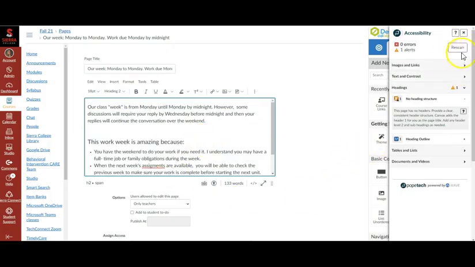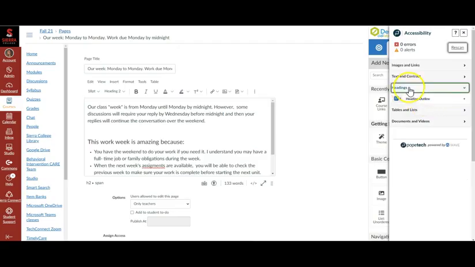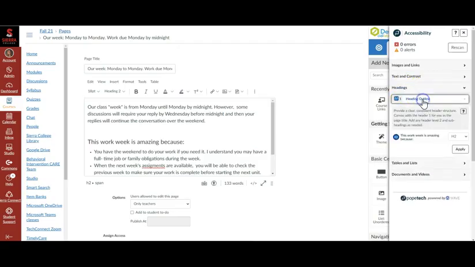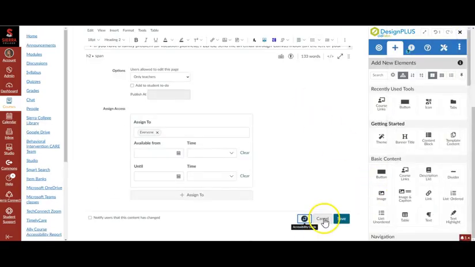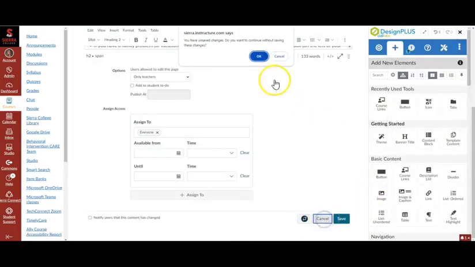Now we can click rescan in our sidebar. We see that our alert has faded and we now have a heading outline. So I'm going to click cancel here